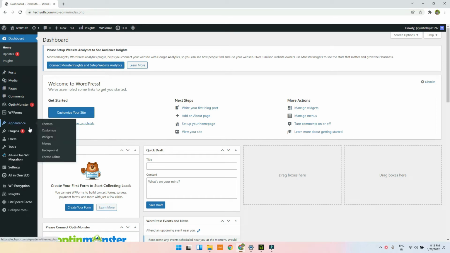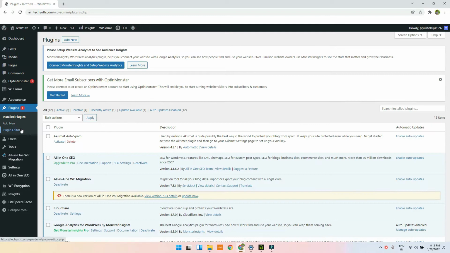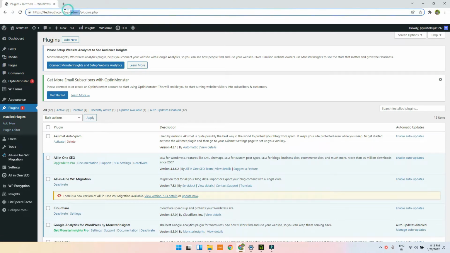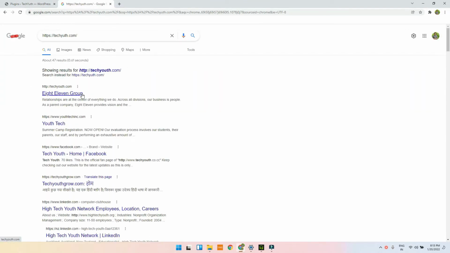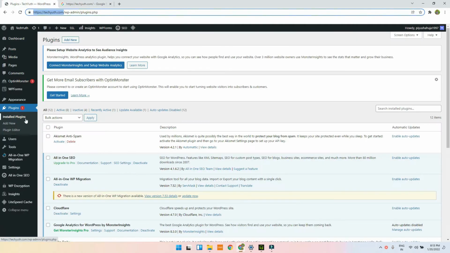So now we are going to see how you can implement the Google Search Console so that our website should at least come on Google search, right? So whenever someone searches it, it's not currently there, but yeah, you have to go on plugin, you have to go on add new plugin,